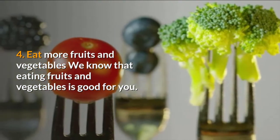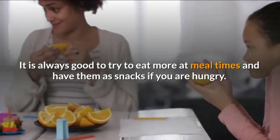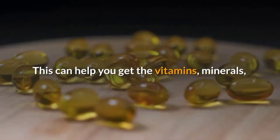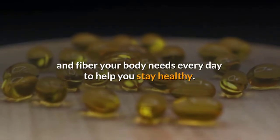We know that eating fruits and vegetables is good for you. It is always good to try to eat more at meal times and have them as snacks if you are hungry. This can help you get the vitamins, minerals, and fiber your body needs every day to help you stay